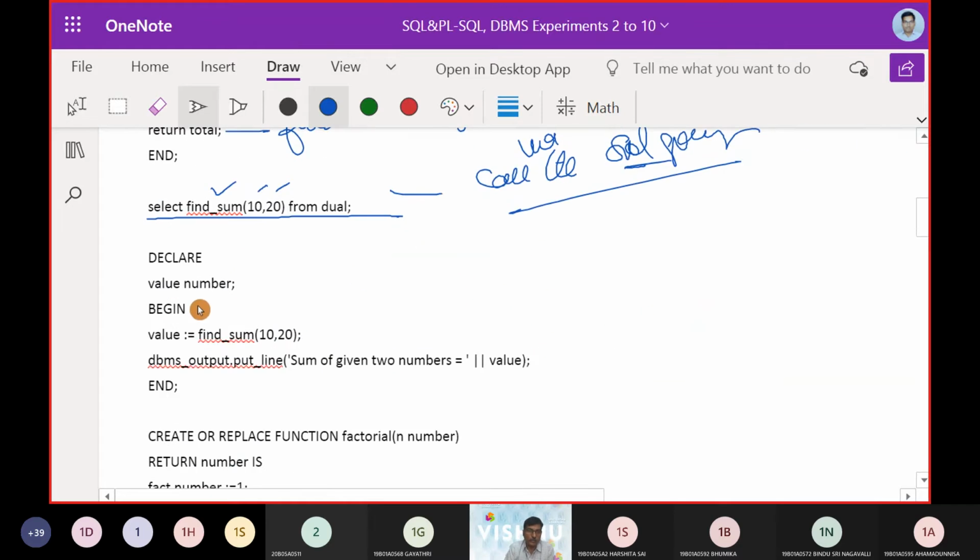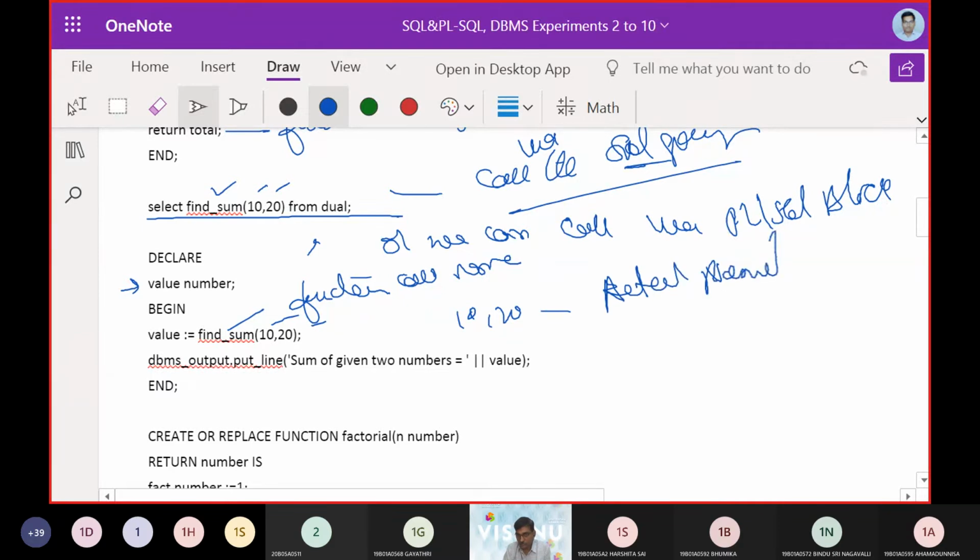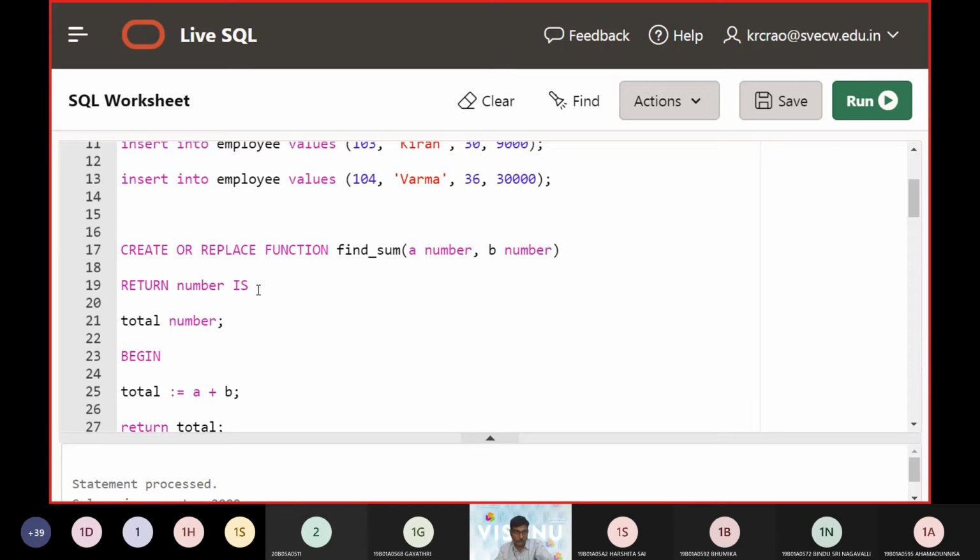Otherwise, we can create a PLSQL block and call it there. We pass 10 comma 20, and these are called actual parameters. Finally we display the answer.